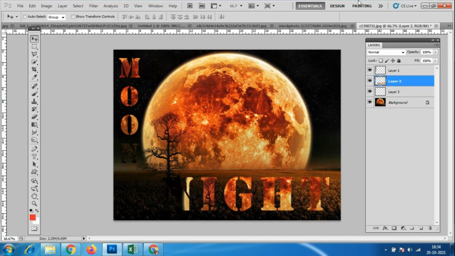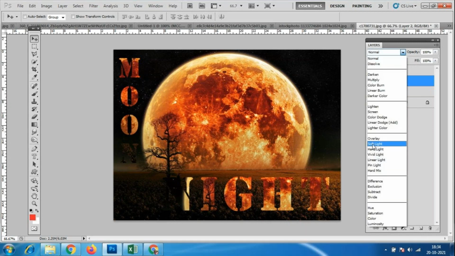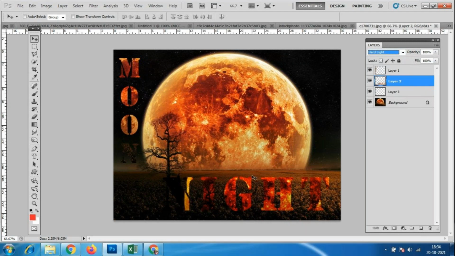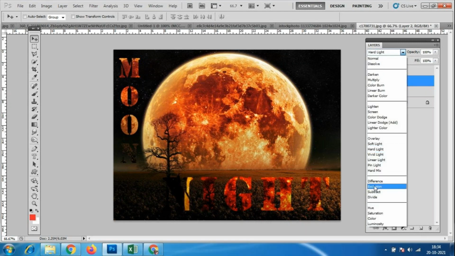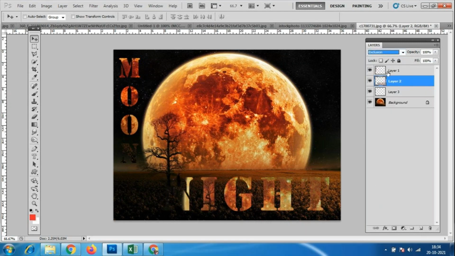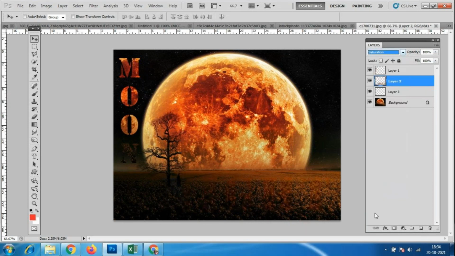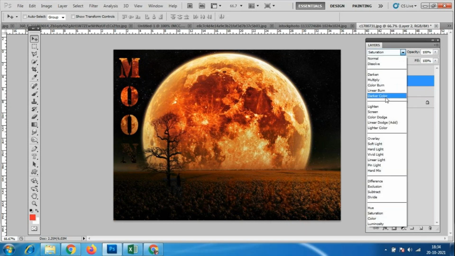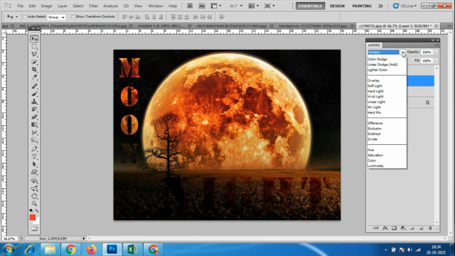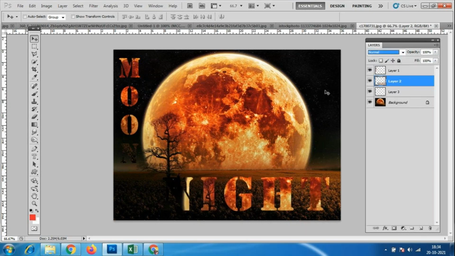I'll select this one and try a different option. Look at your soft light and this hard light. Let us see which one is visible. Darken color, nothing is working. I'll keep it normal. This is the one that looks good.